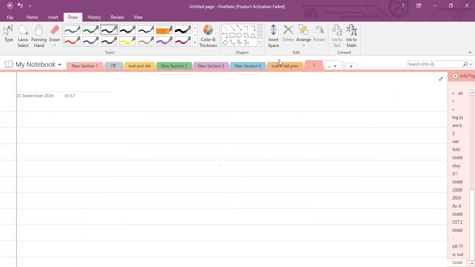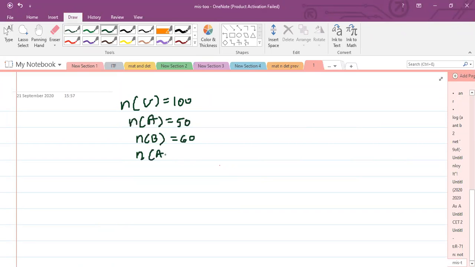Next problem. If n of U is equal to 100, n of A is equal to 50, n of B is equal to 60, and n of A intersection B is equal to 20, find n of A complement intersection B complement. The options are